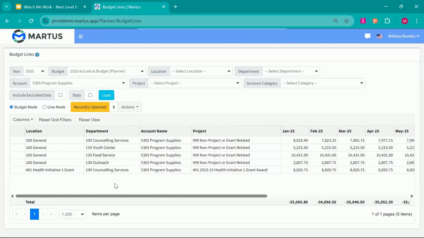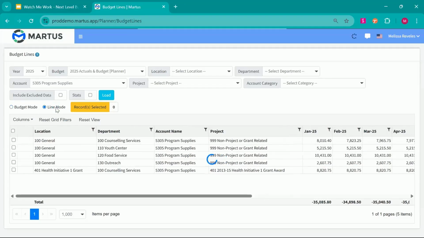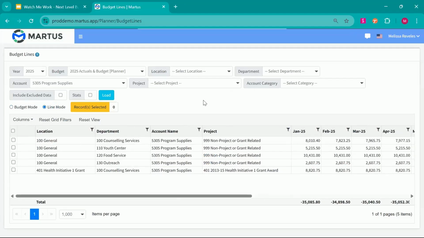Now, Oni, I don't know about you, but my favorite method here is not the budget load mode, but it's the line mode. Which one is your favorite? I agree. The line mode is my favorite. And this budget line is probably one of my favorite features in Martus. Yes. And I love the line mode, not only because you have the flexibility to select just the lines you want to affect,